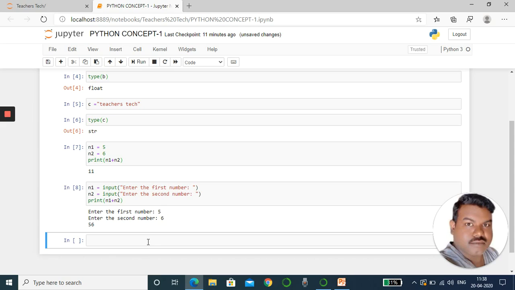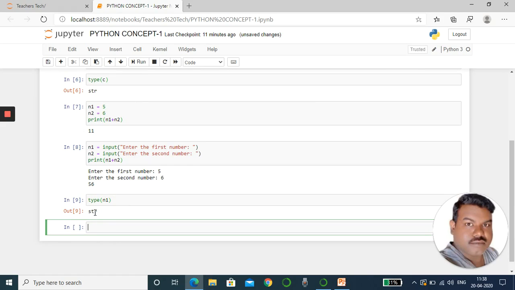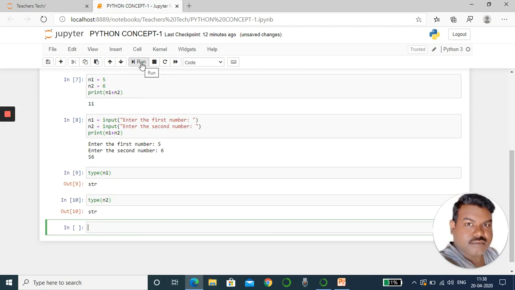First of all, the system thinks this is not a number, this is a string. We can prove that. See, type n1. It is treated as a string. And type n2. This is also a string. Both are not numbers. So in order to convert these strings into numbers in the same program,